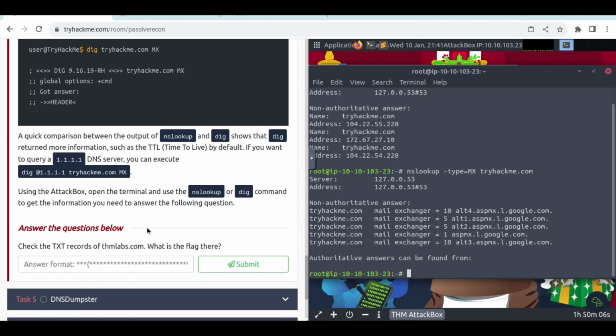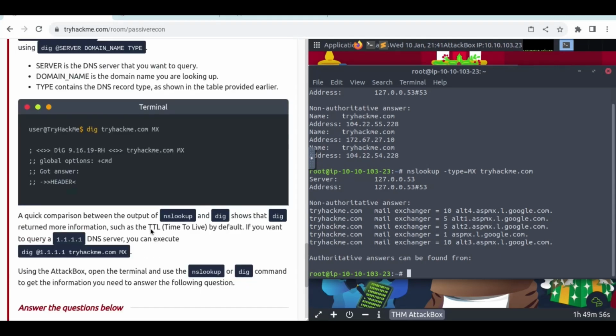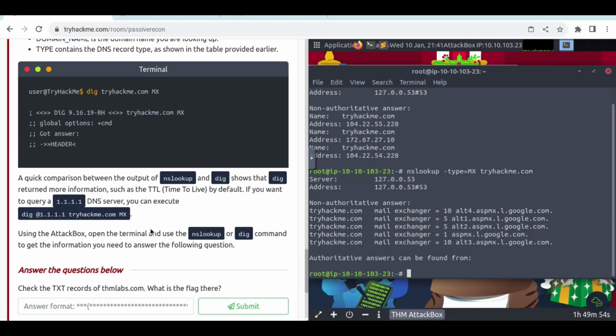So for the answer below, check the text records of thmlabs.com. What is the flag there? So we're going to use a dig command. Sorry about that, that's my dog. So we're going to use dig, if we could actually type there. Dig